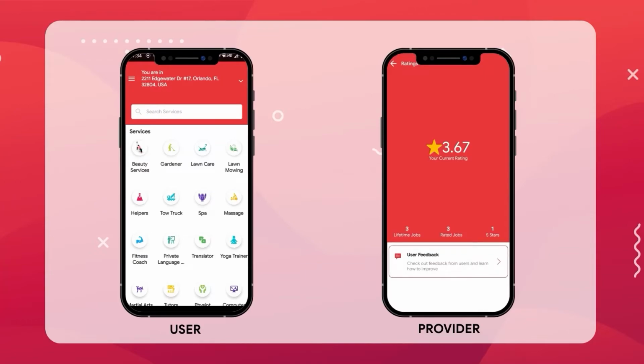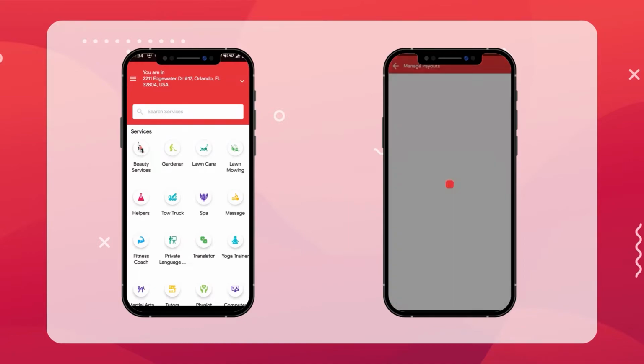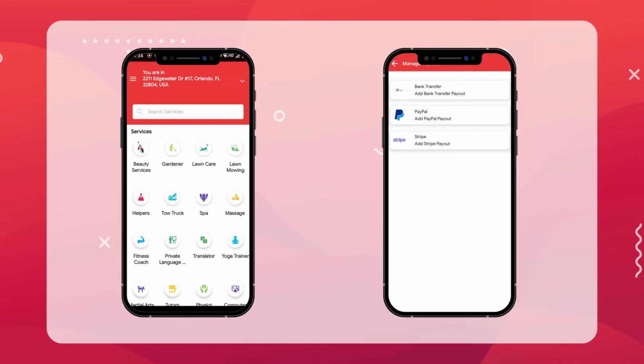The rating option is used to check the ratings that the provider has received from the users for his performed jobs. The Manage Payout option is used to enter the details of your preferred payout method.